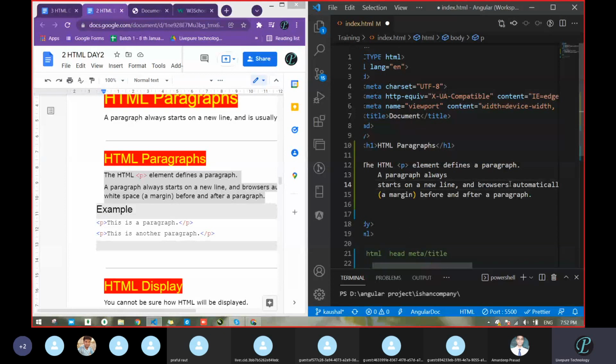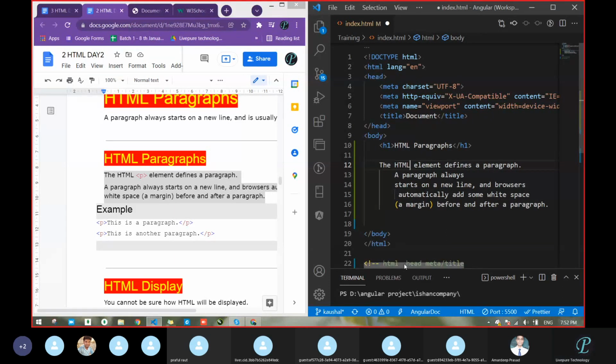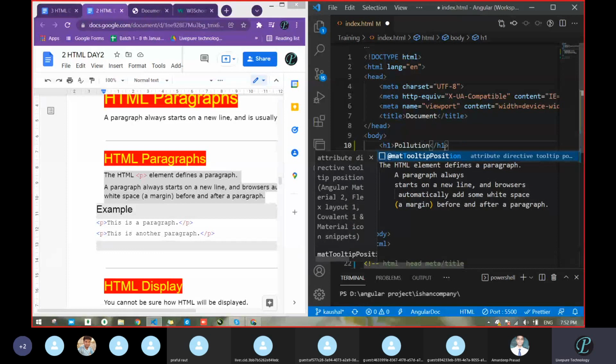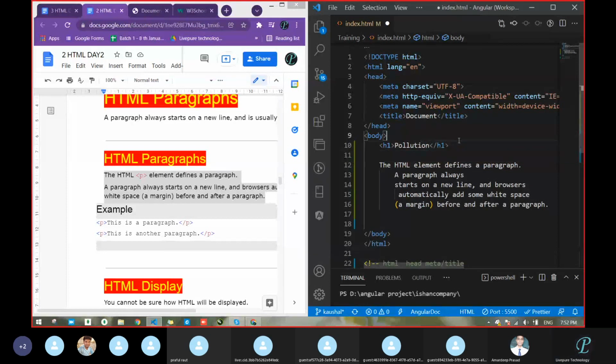Next tag: suppose you have to write an essay, or a paragraph on pollution. So what will you do? You will make the heading bold. How will we do it? Just write here: pollution.